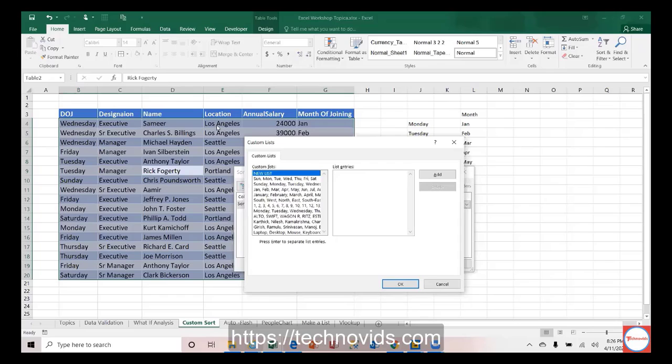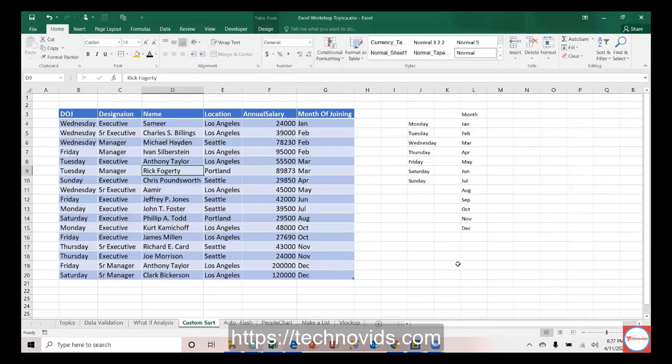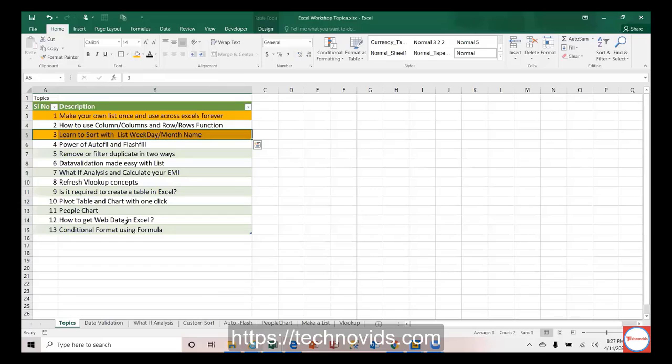For example, you have these names, Los Angeles, Seattle, Portland, and all. You can type them here like this, Los Angeles, and you need not go to file options, general, and all. This is possible. I will leave it to you to practice that, soon after this session or during this session if you are able to concentrate, because I have limited time to cover a lot of things. Hopefully you followed this. Please do make use of this topic.